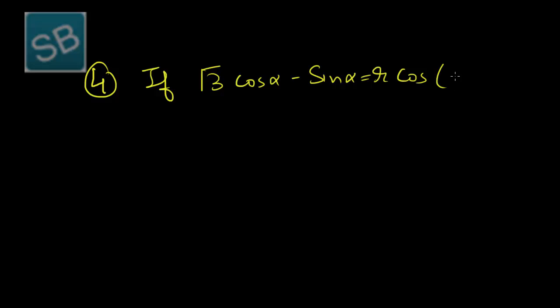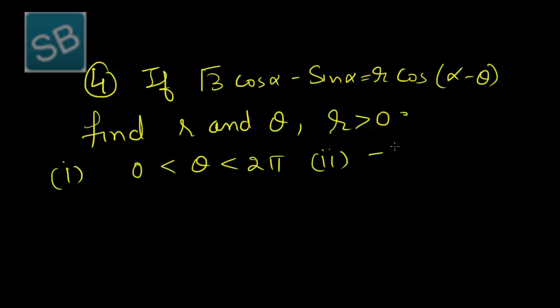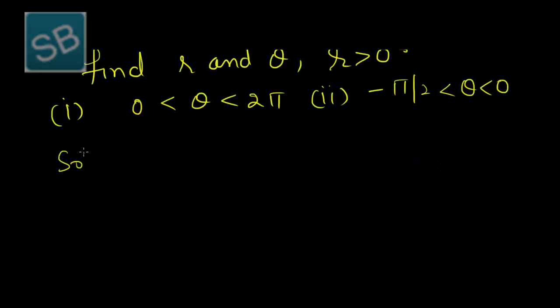Now the next problem is, if under root 3 cos alpha minus sin alpha is equal to r times cos alpha minus theta, find r and theta where r is greater than 0, for the case when theta lies between 0 to 2 pi and when theta lies between minus pi by 2 to 0. So, the solution is,